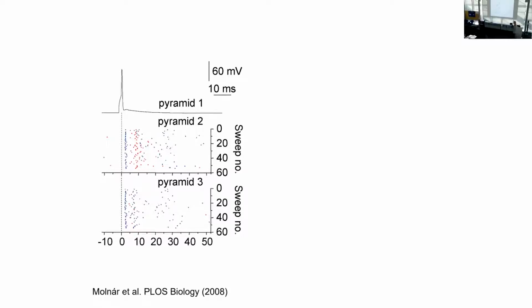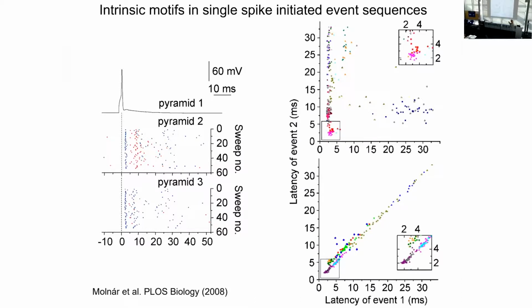So you have a presynaptic spike that generates clouds of events, like an inhibitory cloud, an excitatory cloud, and then a sparser inhibitory cloud in pyramidal cell number 2, and a simultaneously recorded pyramid 3 receives 1, 2, 3 clouds of inhibitory events. And when you look at the timing of, let's say, an inhibitory event here and an excitatory event here, they shift together relative to the spike just a little bit. So there's a temporal jitter, but when there is jitter, they move together. So they move relative to the spike, but they don't move relative to one another. So the motif is fixed and it's triggered by a single spike,